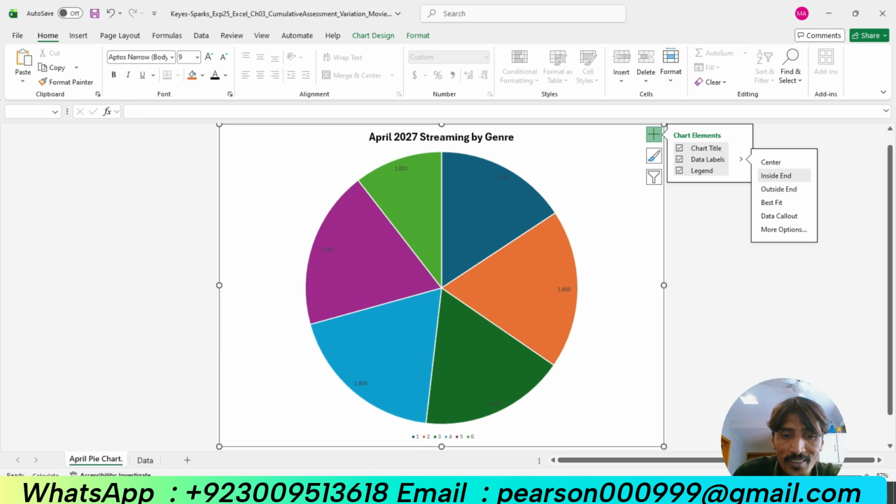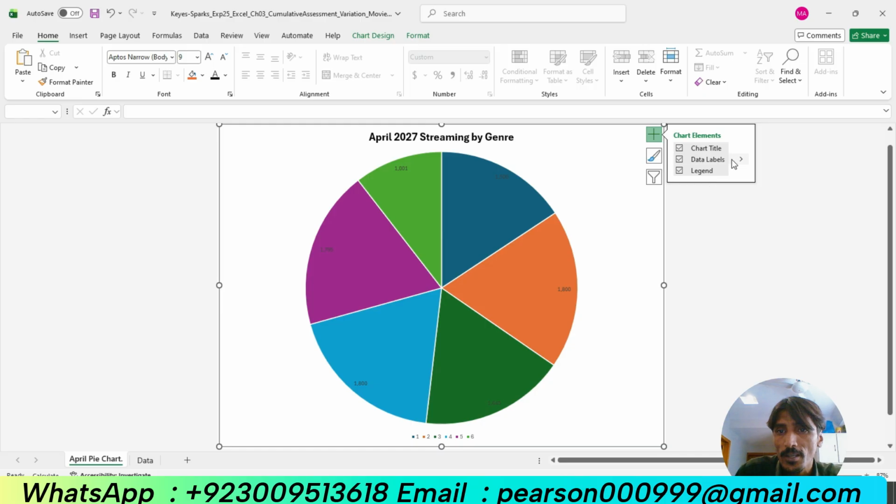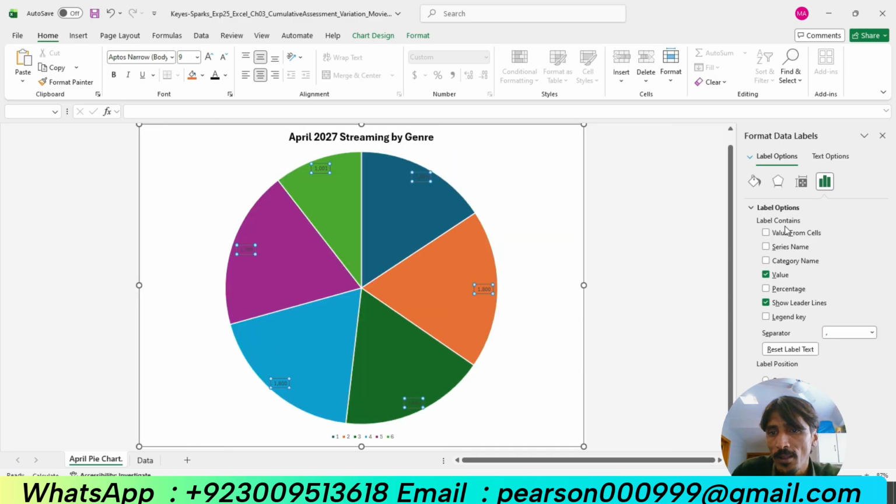And now the next instructions are select the category name and percentage labels. So in data labels, in more options, you can select as per instructions. We have to select